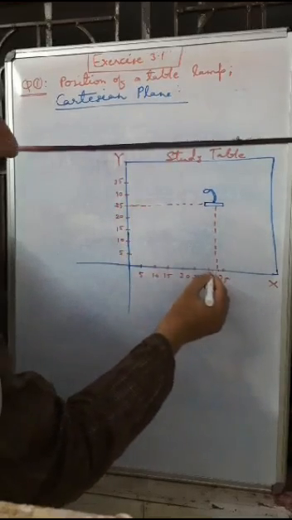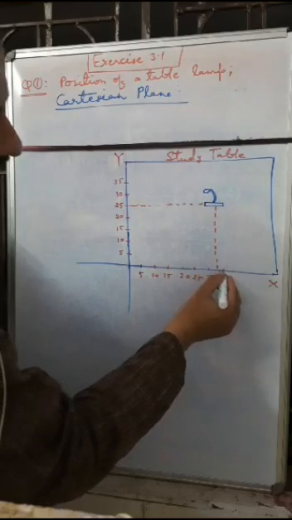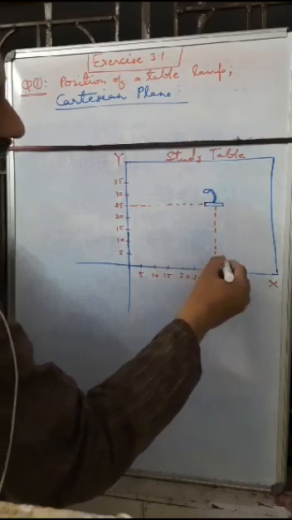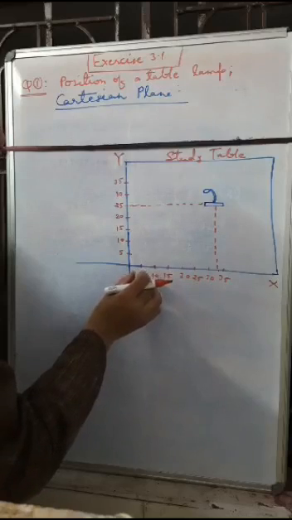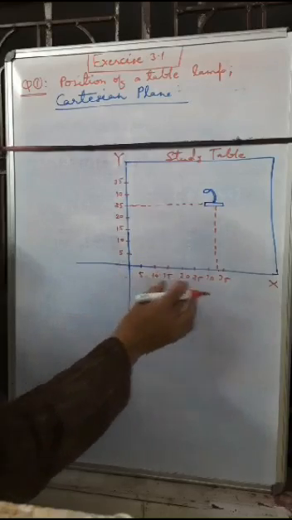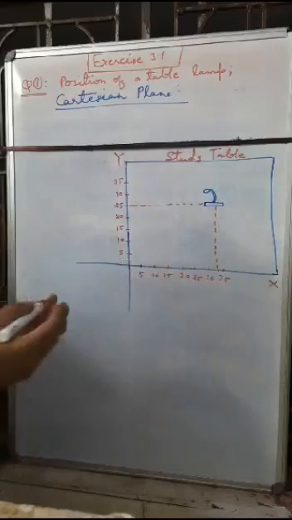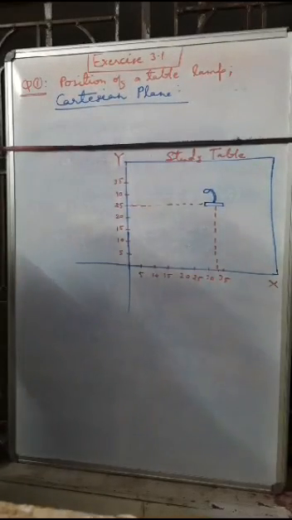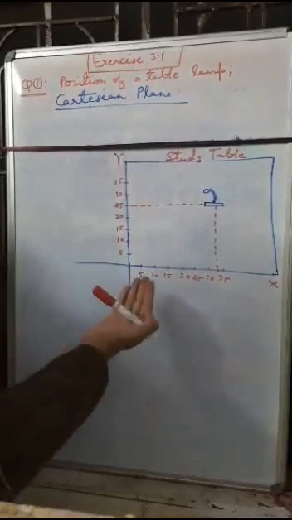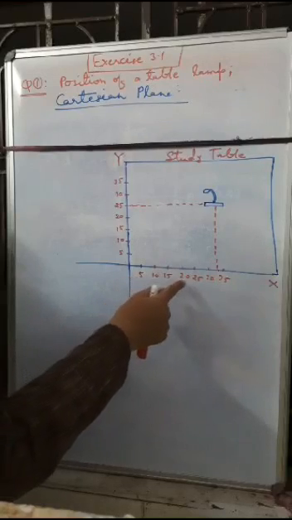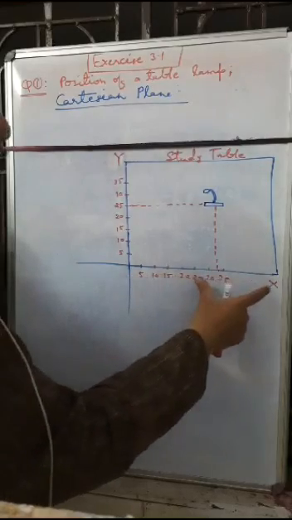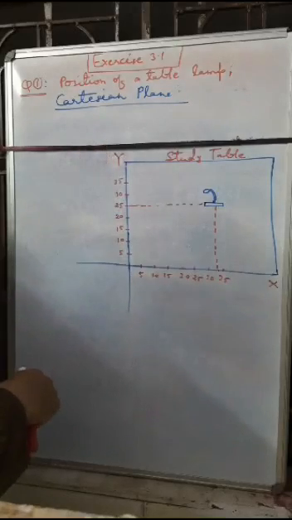So here the point on the x-axis lies between 30 and 35. Suppose it is 33 or 34. We have divided the distance so that each centimeter is equal to 5 centimeter, because the table is a big thing and we can't separate the division of points in 1 centimeter. So we have done here 5 centimeter, 10 centimeter, 15, 20. You have taken an equal ratio of dividing the points on the x-axis and on the y-axis.